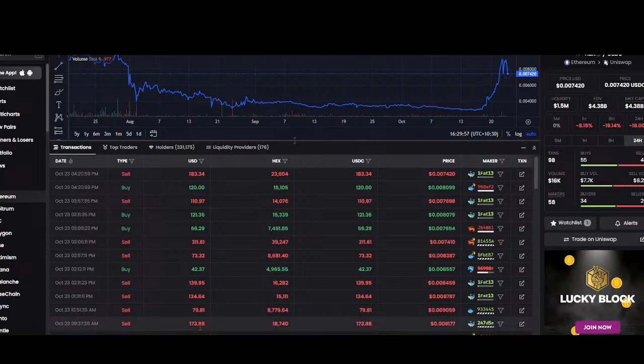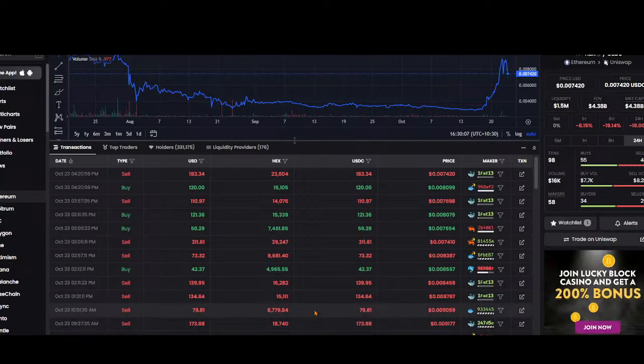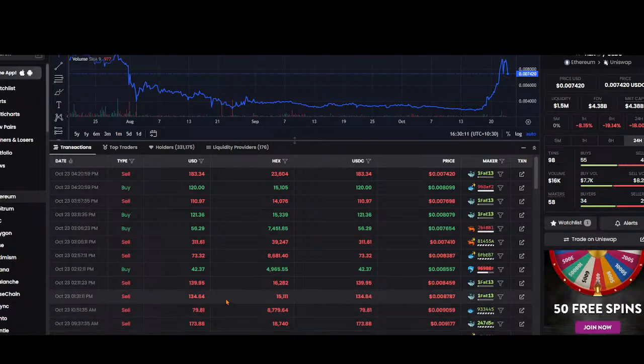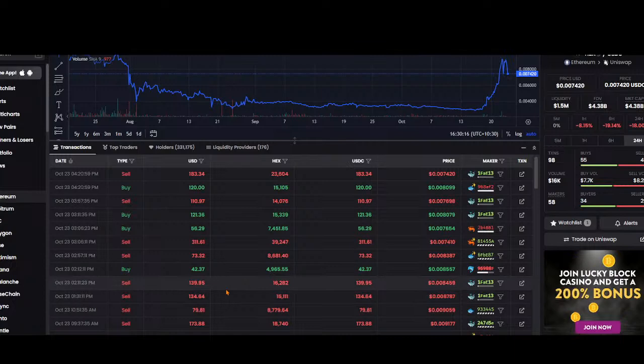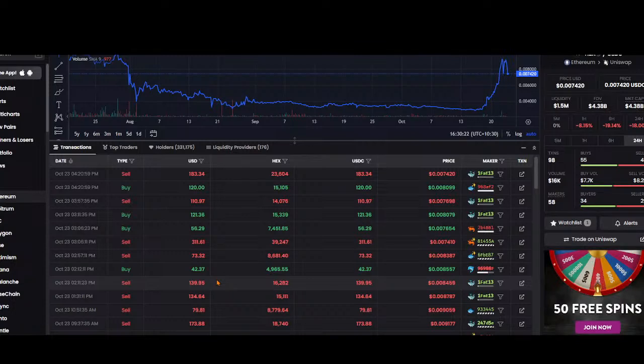0.0094. There was a small sell, and because the price is so low in this LP, $173, $200 will move it down a little bit, from 91 to 90. A small sell will then move it down a bit more, etc. Then a couple more sells. Next thing you know, you're at 0.0084. We can see the small amounts of buys and sells relative to total price in the LP pool.